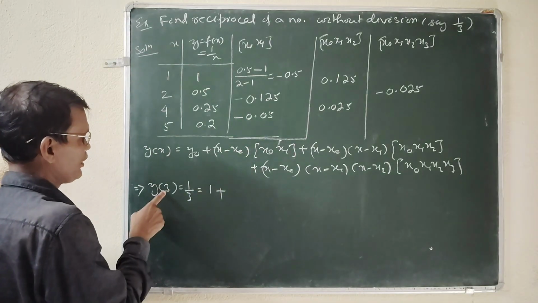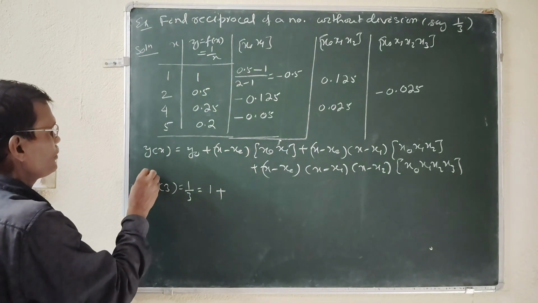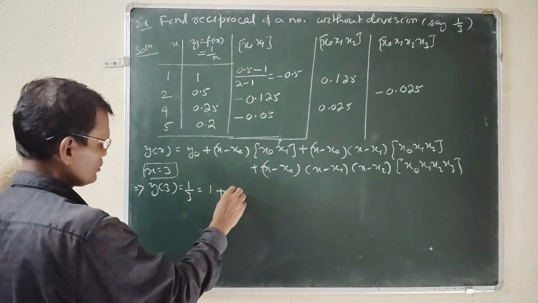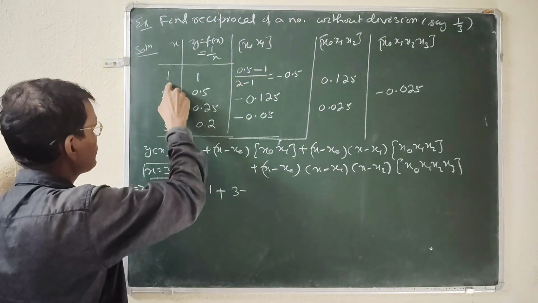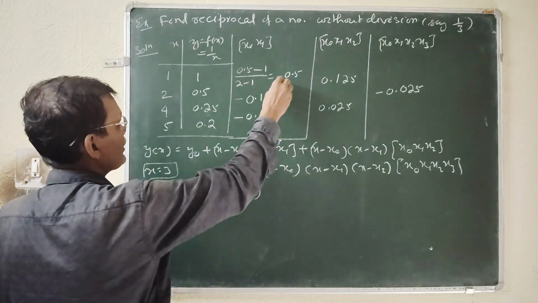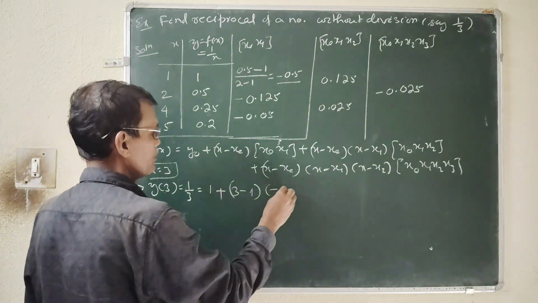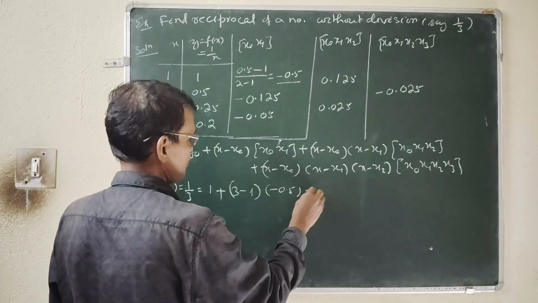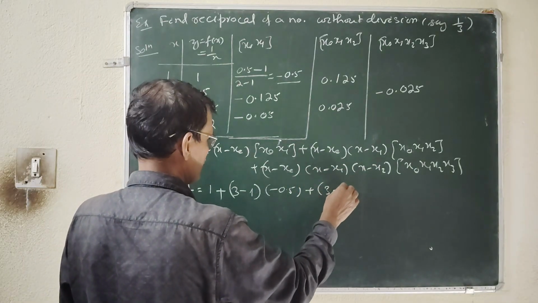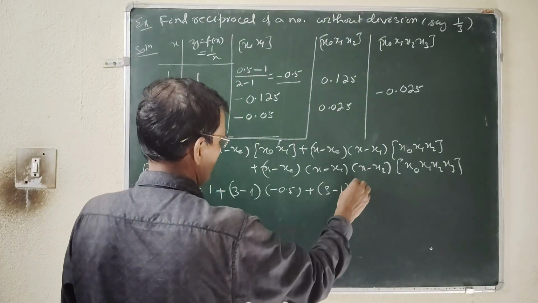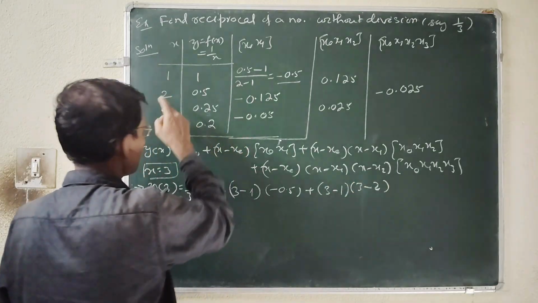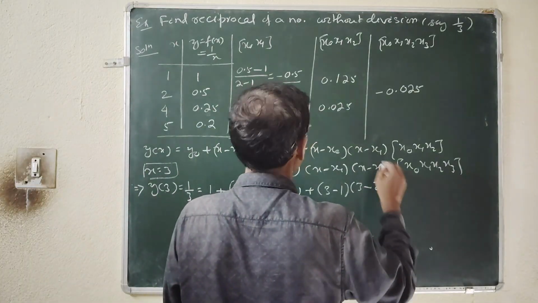We have selected x as 3 for this problem, so x minus x0 is 3 minus 1, into the first order divided difference x0 x1, that is minus 0.5, plus (3 minus 1) into (3 minus 2) into the second order divided difference,